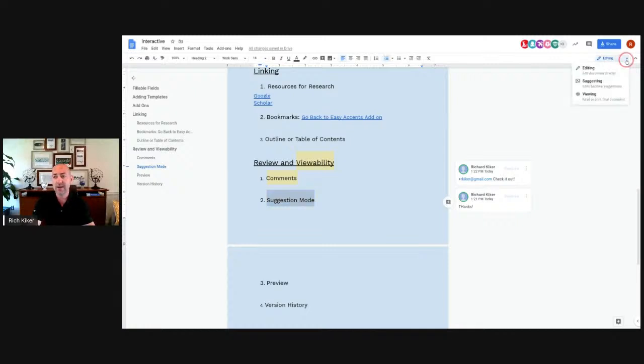I want to drop this down and I want to choose suggesting. It looks like nothing happens, except it does. Normally, if I started typing over this text, it would just replace the text. But when I'm in suggesting mode in a document, if I highlight "mode" and I want to say "suggesting area,"